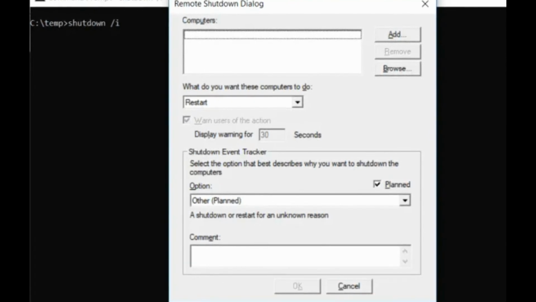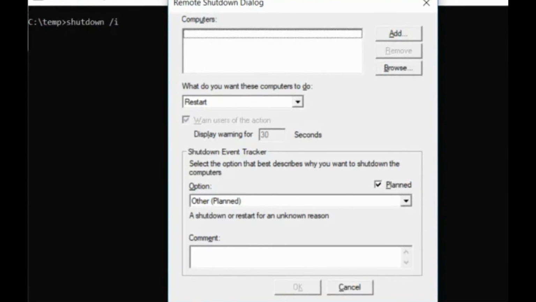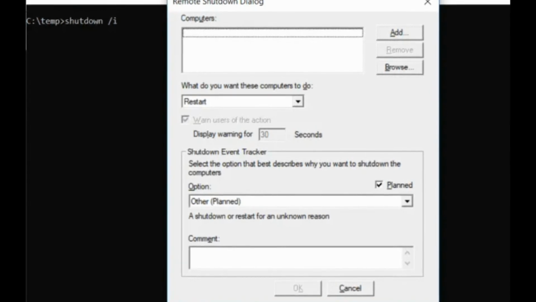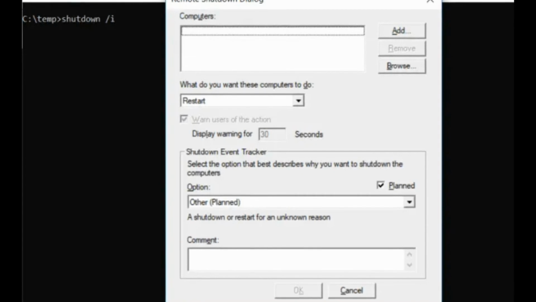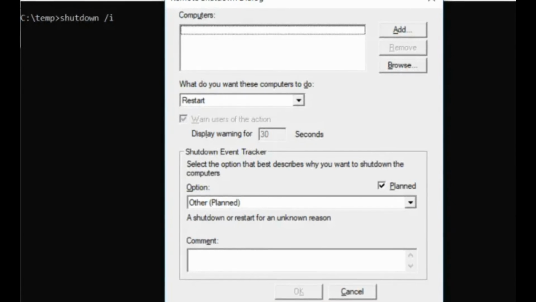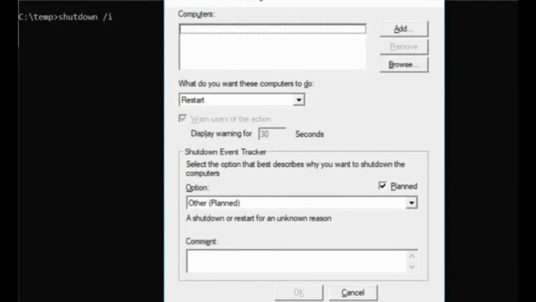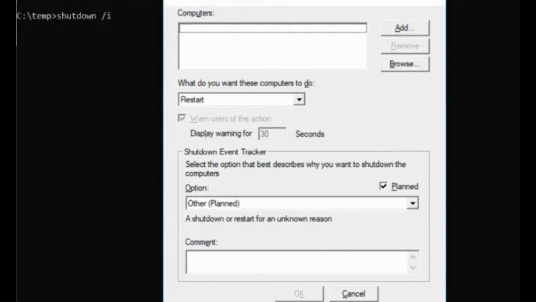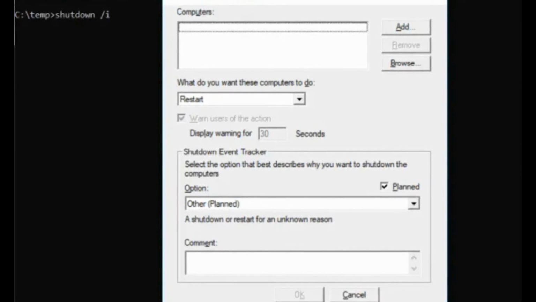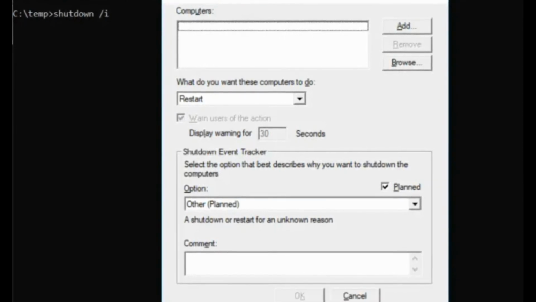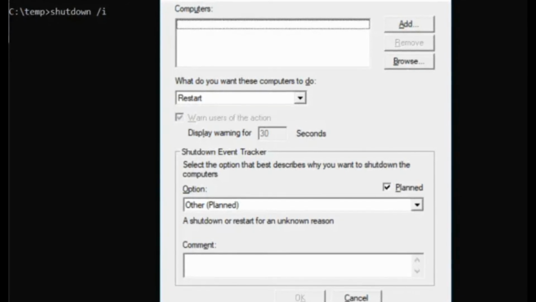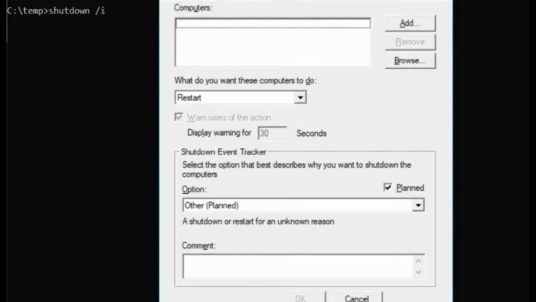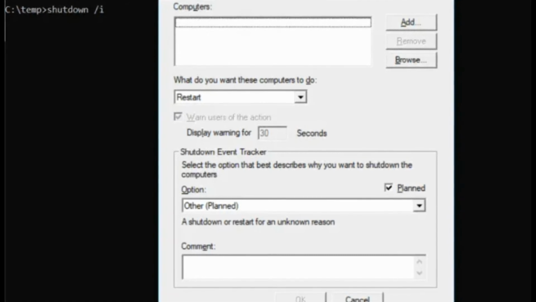Typing shutdown /i from the command prompt will initiate a shutdown, but it will open a GUI to give the user an option on whether to restart or do a full shutdown. If you don't want a GUI pop-up, you can just issue a shutdown /s command. There is a long list of other parameters you can use to do a log off, hibernate, restart and more. Just type shutdown without any arguments to see them all.